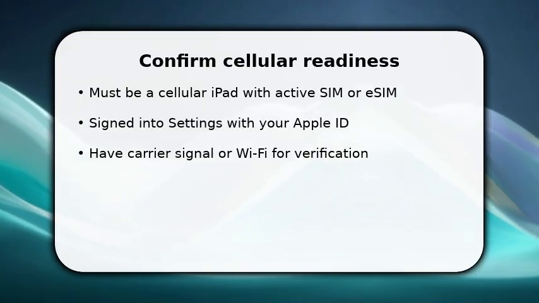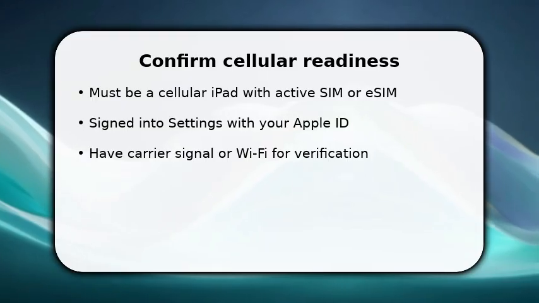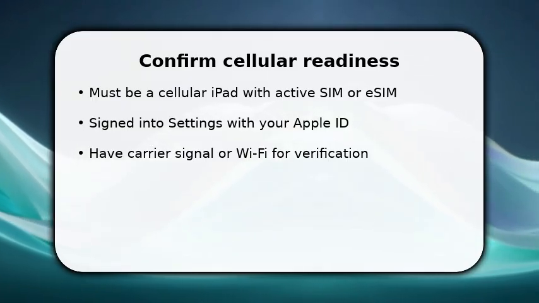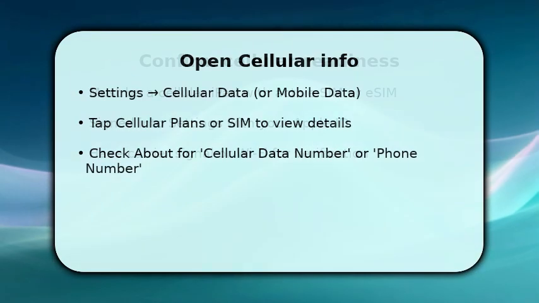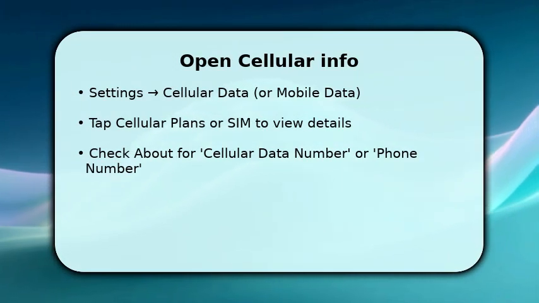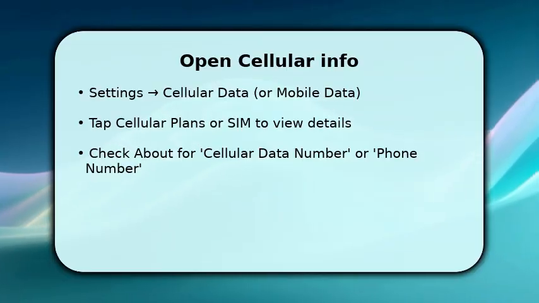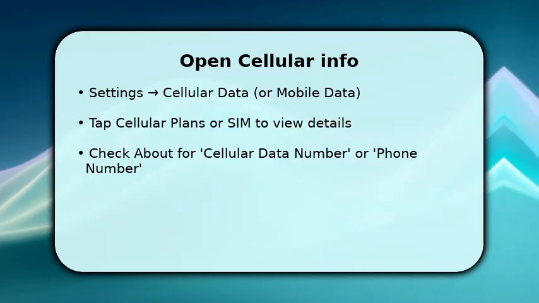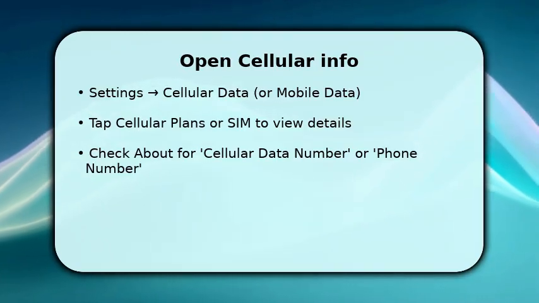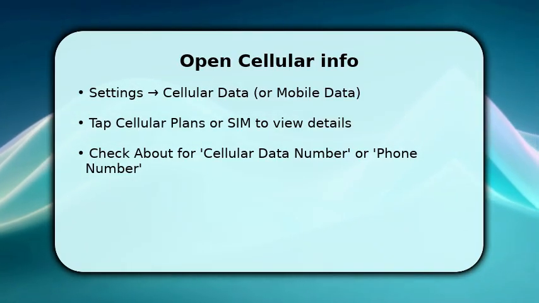Now open settings and go directly to cellular data or mobile data. This prepares the iPad to display the assigned number in the next step. You tap Settings, then Cellular Data or Mobile Data, and select the active plan listed under Cellular Plans or SIM. Once you open the plan details, look for a field labeled Cellular Data Number, Phone Number, or the number shown